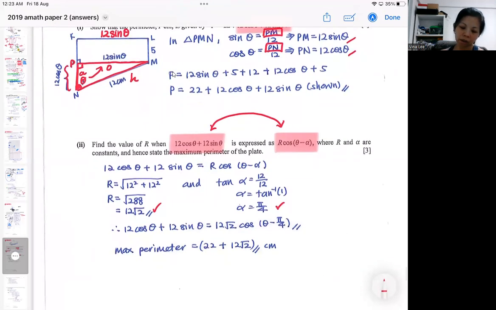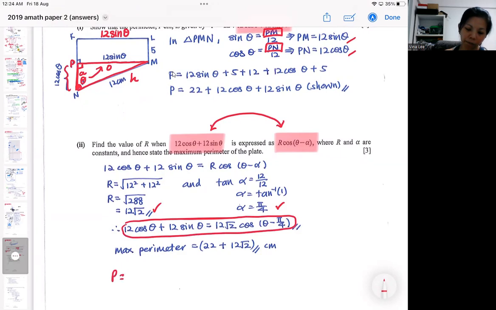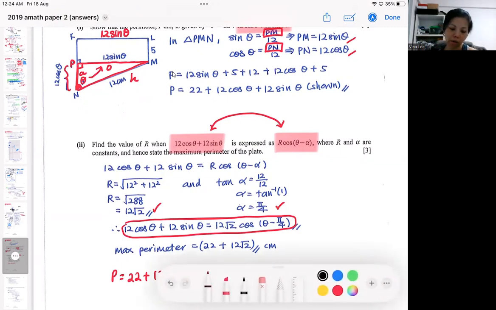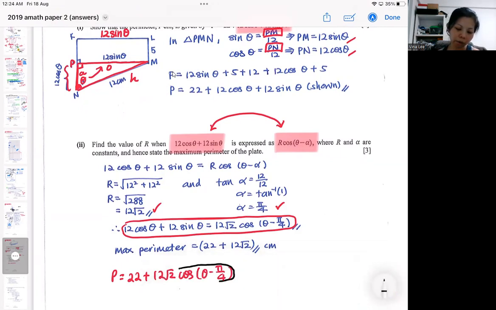Once I got this right, the question asked me to state the maximum parameter. First of all, this one is part of the parameter. So because of this, my parameter will become 22 plus 12 root 2 cosine theta minus 5/4. How do I get the maximum parameter? Remember the cosine function will be the highest at value 1. So my parameter will be maximum when the cosine function has a value 1,